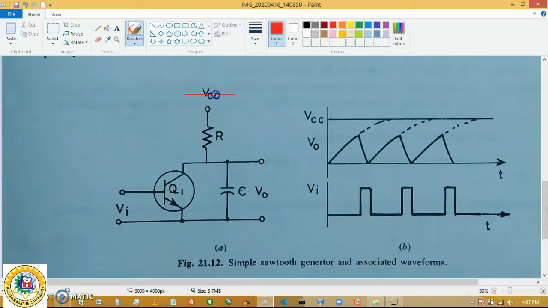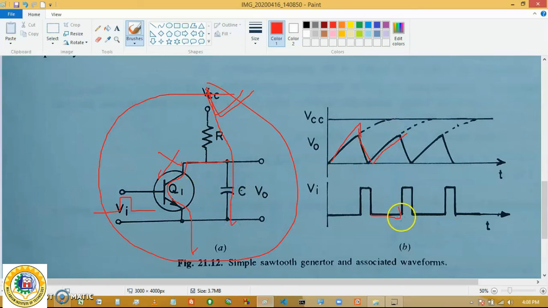So that is your circuit which generates the ramp voltage. Here the voltage VCC charges the capacitor, and when this voltage is applied here, the capacitor discharges through this. So the capacitor goes back to 0 voltage. Again it rises when this is off, and the voltage charges the capacitor again. Whenever this voltage is applied to the transistor, the transistor is on, and the capacitor voltage is totally discharged to 0. So this is your charging time, this is your discharging time, this is called the sweep time, and this is called your retrace time.